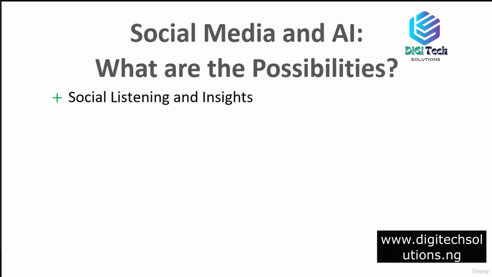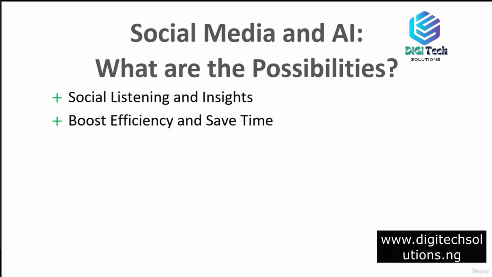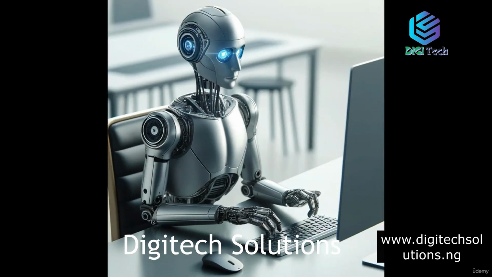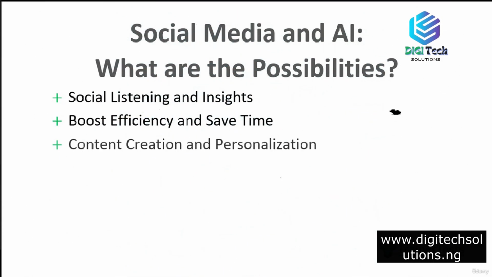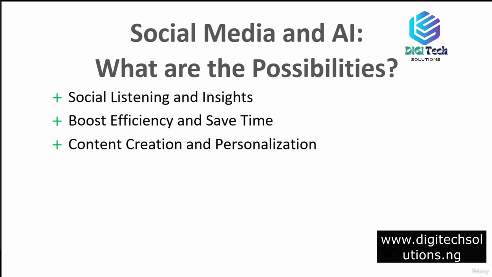In addition to that, we can use AI to boost efficiency and save time. If we can automate repetitive tasks like scheduling social media posts, if we can repurpose existing high-performance content and put it on a different social media platform, those are great time savers. And if we can create content, generate ideas, and create personalized captions or social media posts using AI, those are